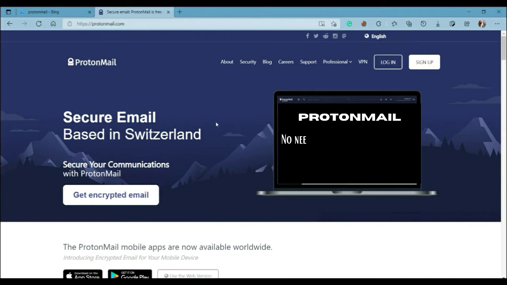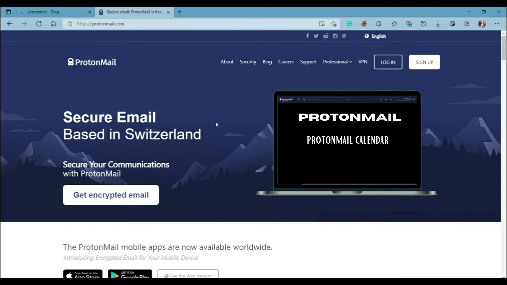And here comes that you don't need to provide your personal information, that आपको अपनी personal information देने की कोई ज़रूरत नहीं है. You can simply access it through providing your recovery email, which I will show you in the video. And basically you don't need to use your phone number or any such thing to access your Proton Mail account. And the last one, there is Proton Mail calendar that is also provided to you. Basically you can schedule things, you can schedule your emails right there.